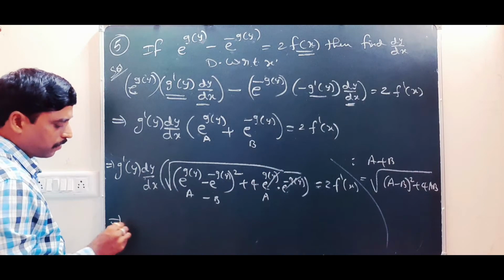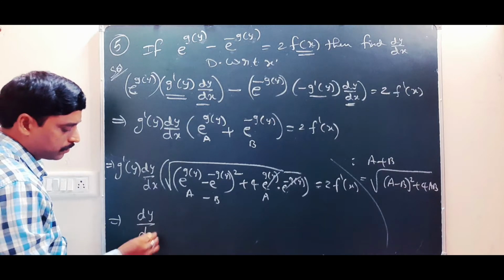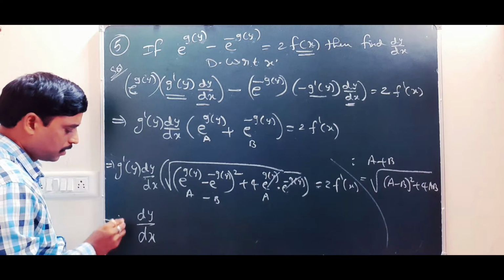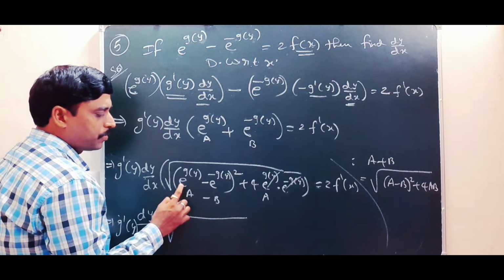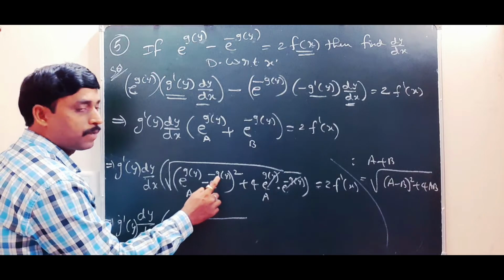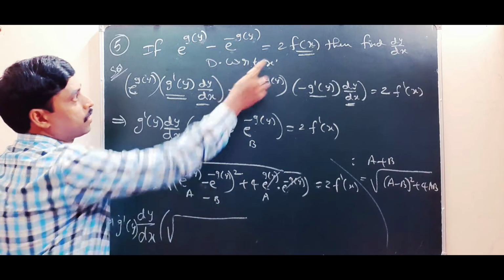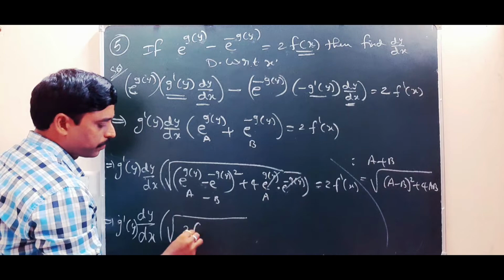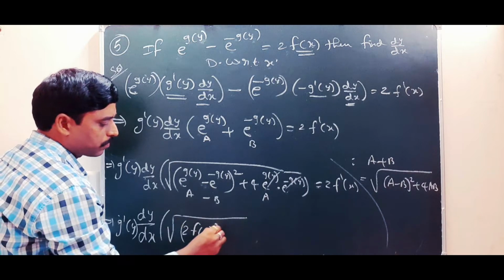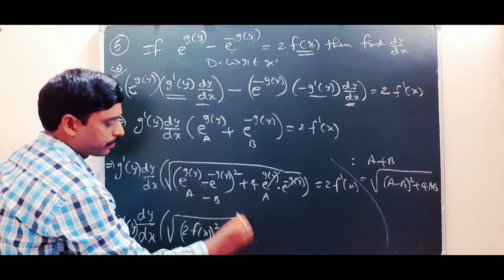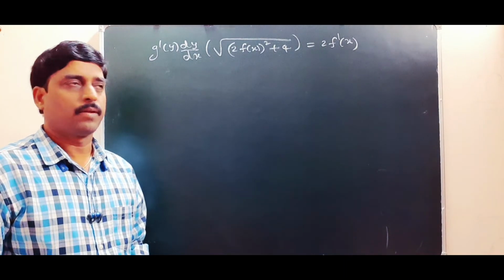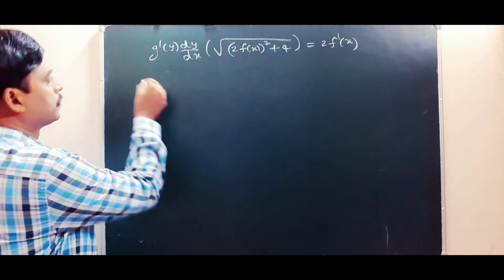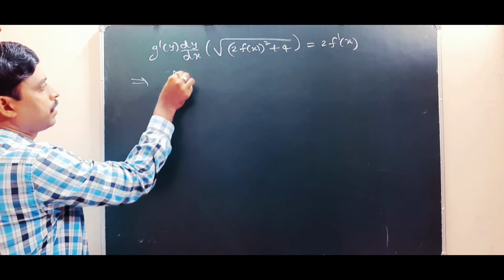So our target is dy by dx. Right, first g dash y into dy by dx into root under (e to the power g of y minus e to the power minus g of y) whole square plus 4 equal to 2 times of f dash x. From the statement, this value is 2 times of f of x, so (2 times of f of x) whole square plus 4. Okay, we have got this value. So therefore dy by dx equal to